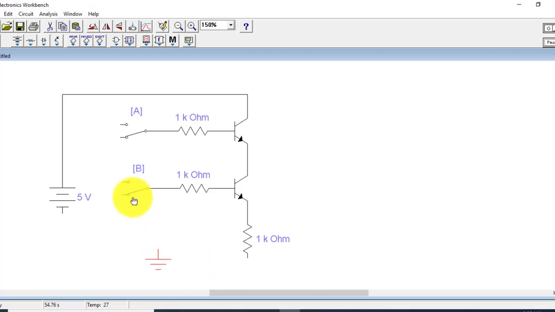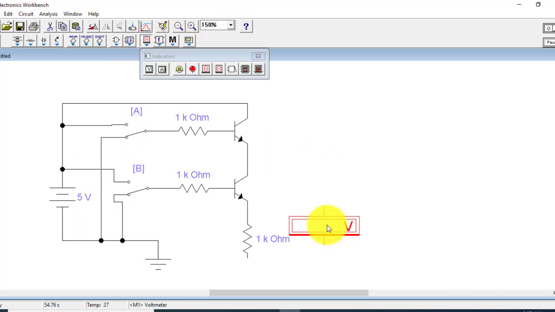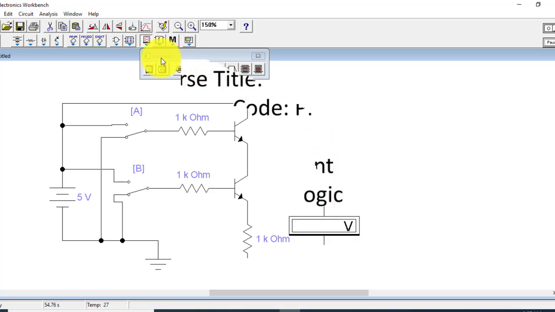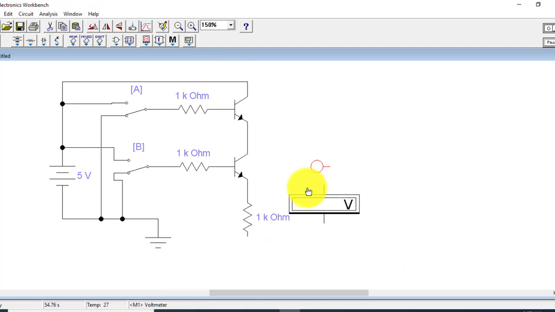Then both of the switches will be connected to the logic high, and the lower terminal of the switches will be connected to the logic low, and at the end I will connect the voltmeter and the probe at the output. So to draw the output, we need to connect the voltmeter here with the resistance.